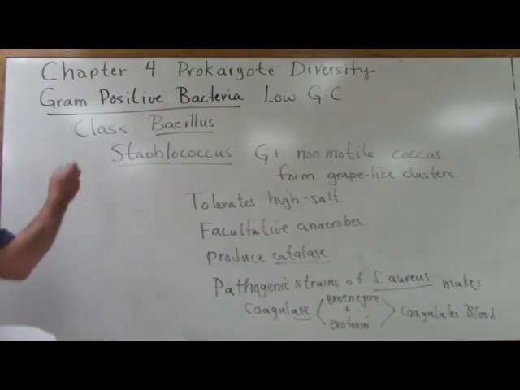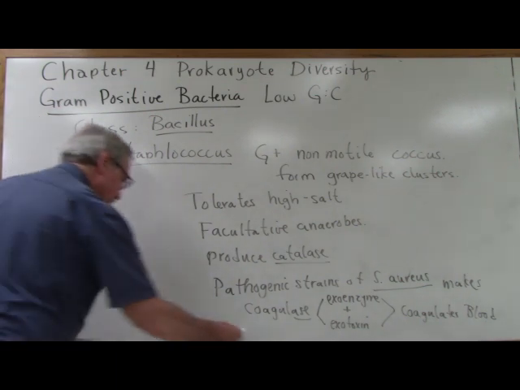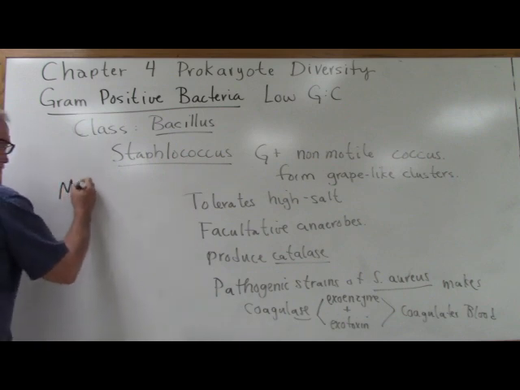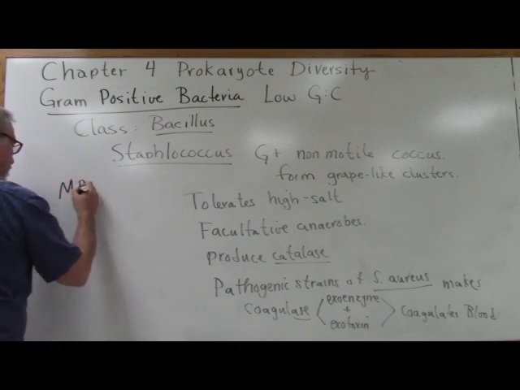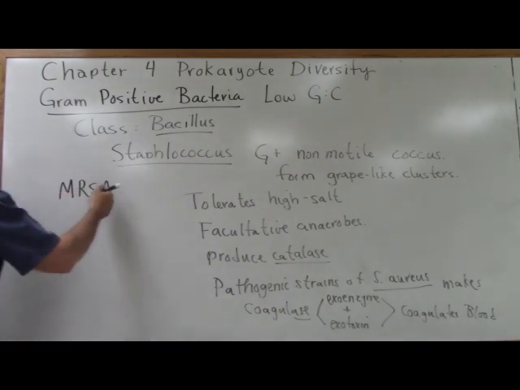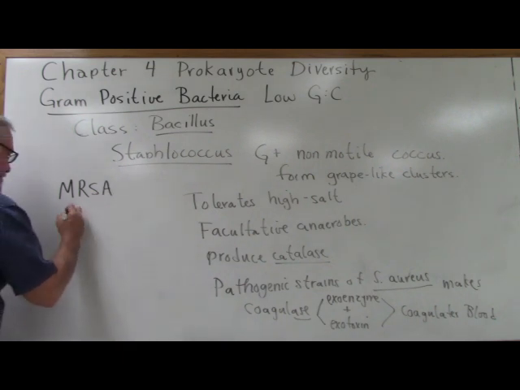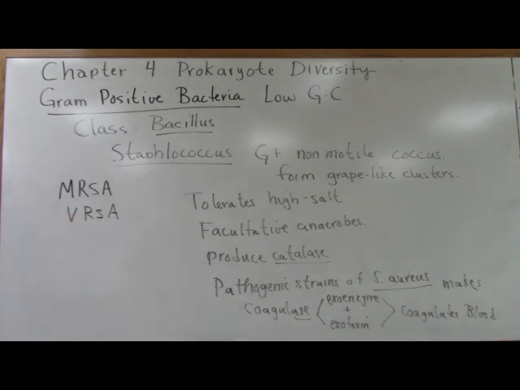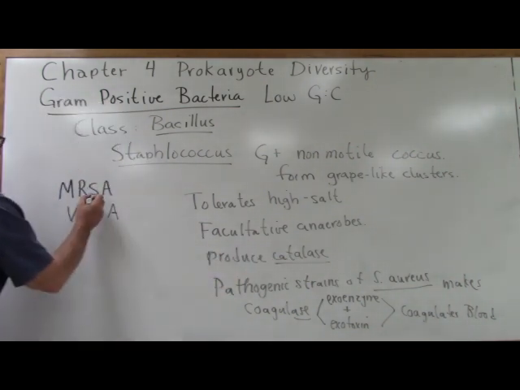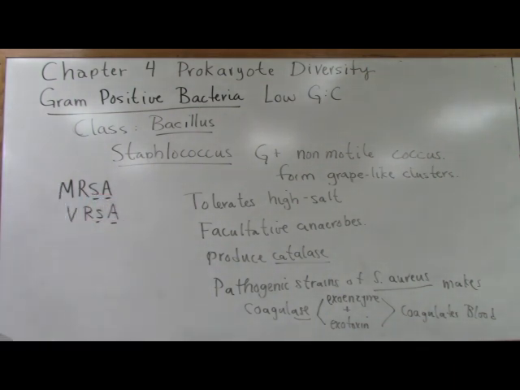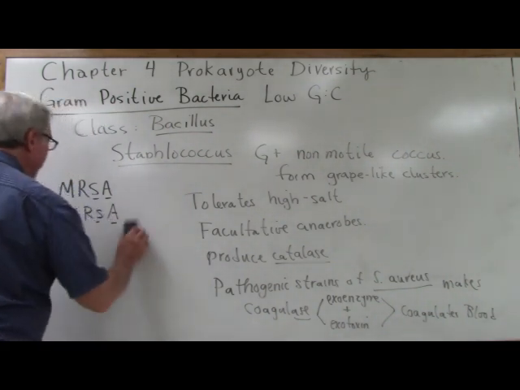All right, if this one sounds pretty innocent, it's not. So this is the SA of MRSA, a methicillin-resistant Staphylococcus aureus, and VRSA, vancomycin-resistant Staphylococcus aureus. So Staphylococcus aureus is the SA of MRSA and VRSA. And these are really bad nosocomial infections. They are highly antibiotic resistant because,